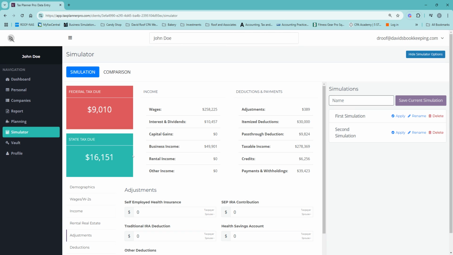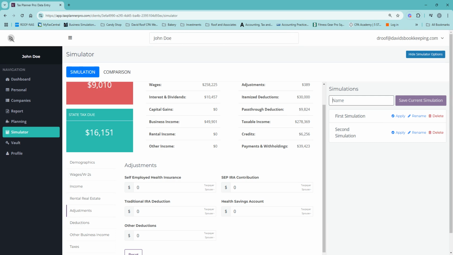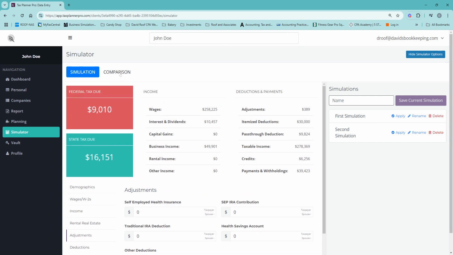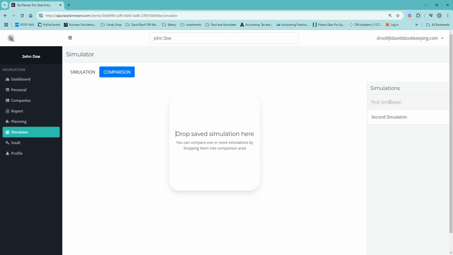And then let's say you said, okay, what if I get a $50,000 raise, or what if I make a 401k contribution? What if I buy a rental property and make this much money or lose this much money? What if I sell some stocks and I have this realized gain all of a sudden, a long-term, a short-term? What is that going to do to my taxes? So this is a really good tool, especially for people who are looking right now to do some tax loss harvesting. Then you can run a comparison on it by dropping in